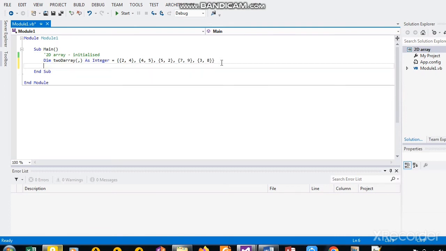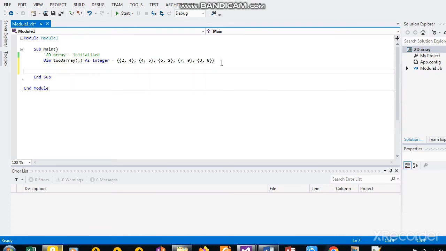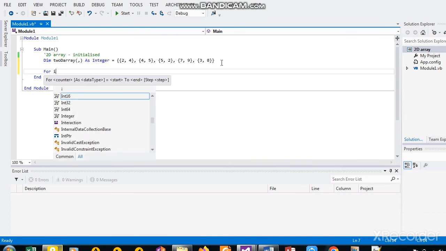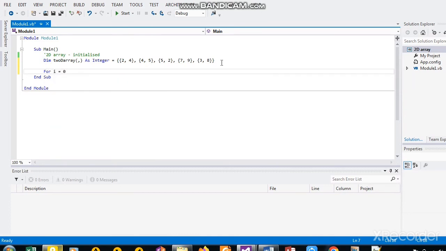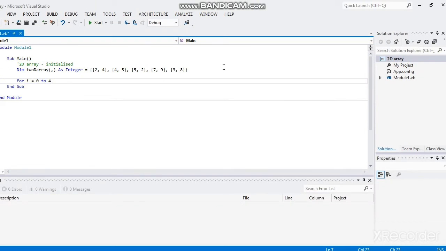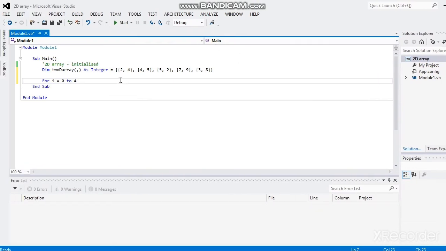So now we need to make sure that we output everything on our console. This is how we do it. We use for loops. So I'm going to write my for loops. For i equals 0 to 4. Now understand that this loop has got 5 rows and 2 columns. So the row will be running, let me just put it as a comment, that would be 5 rows. So the row will be running from 0 to 4 to make it 5 rows,